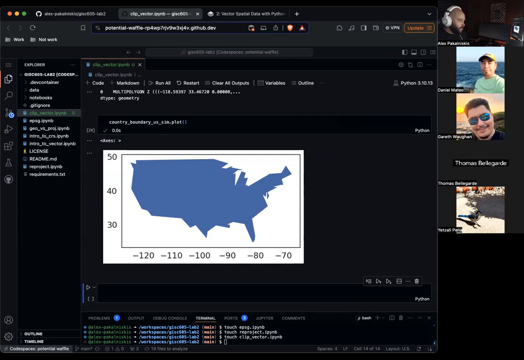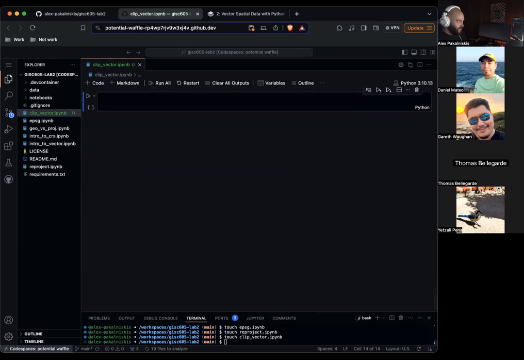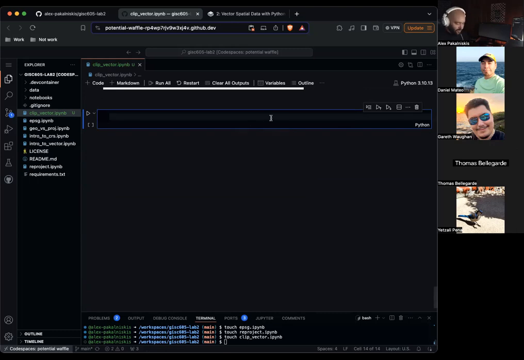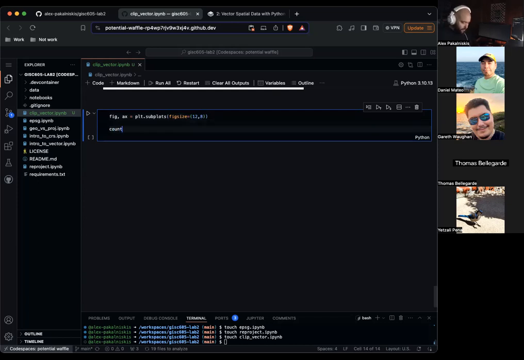So now let's do a nice, pretty map with some more colors of the categories of roads in the US. So we'll do fig, ax equals plt dot subplots, figsize 12 by 8. Country boundary US dot plot ax equals ax, alpha equals 1, color equals black, edge color equals black.